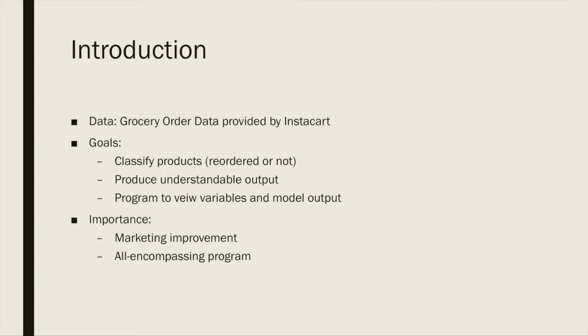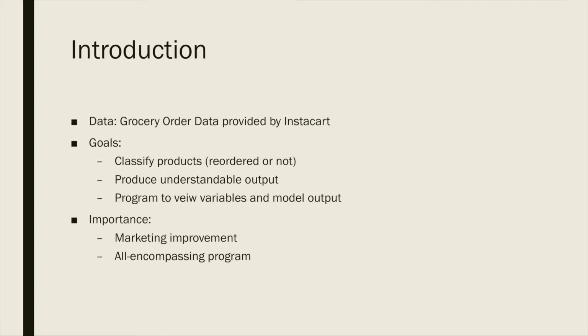So starting off with the introduction, this project utilizes grocery order data provided by Instacart on Kaggle. The goals are to classify the products in new orders as either reordered in the next order or not, to produce an understandable output, and lastly, create a program. This program can be used to visualize the variables used in the model, to evaluate the model, and to view